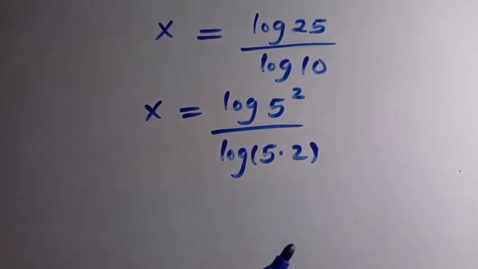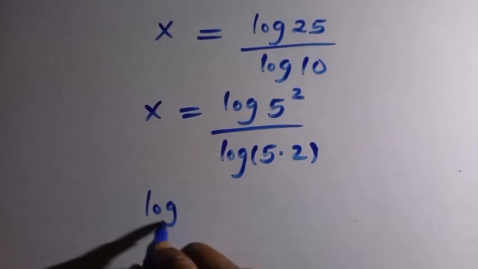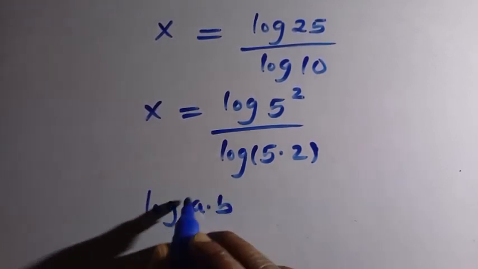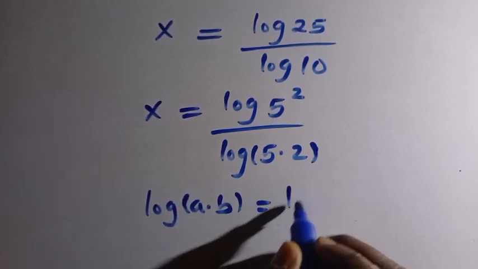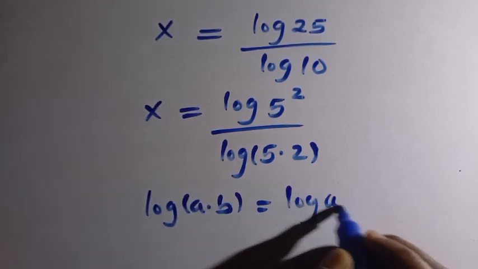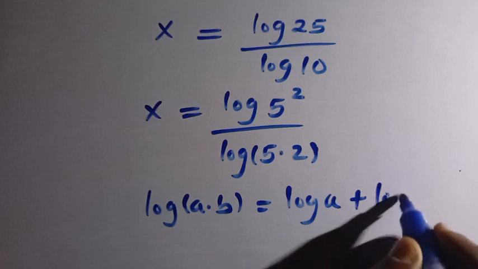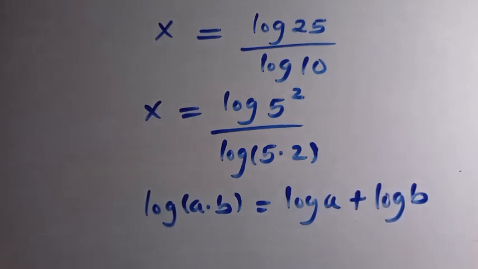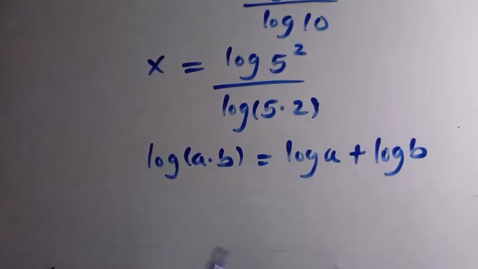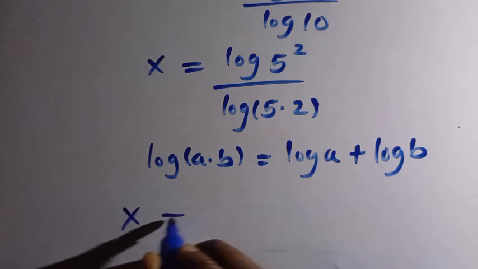The rule says if you have log of a times b, this is just like log a plus log b. So we apply it, and we have x equals